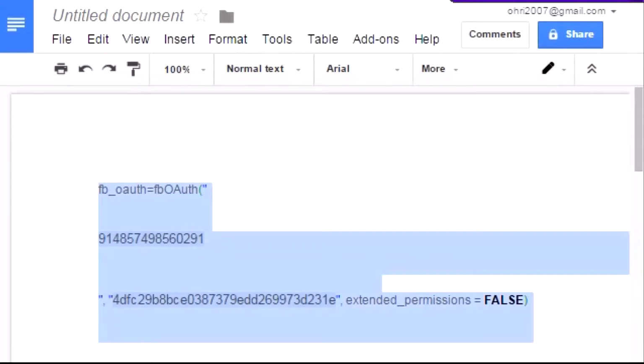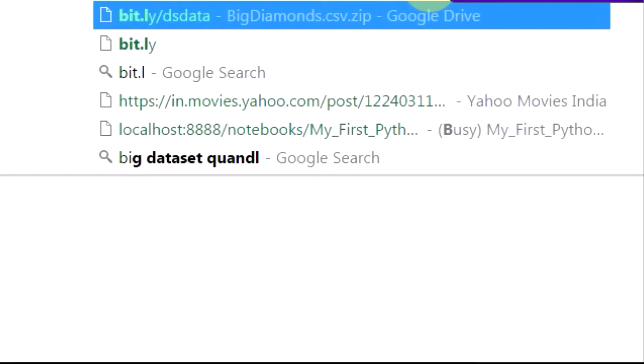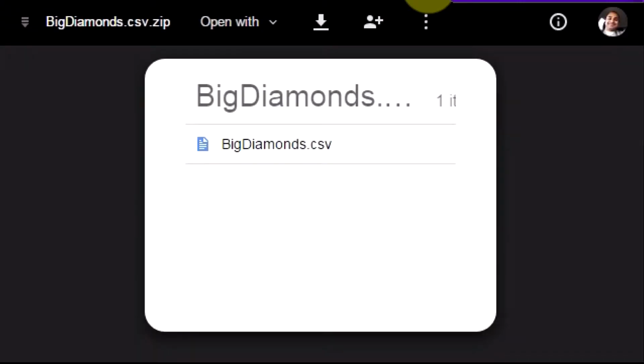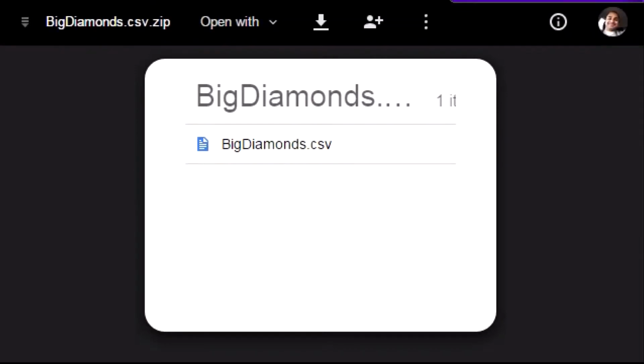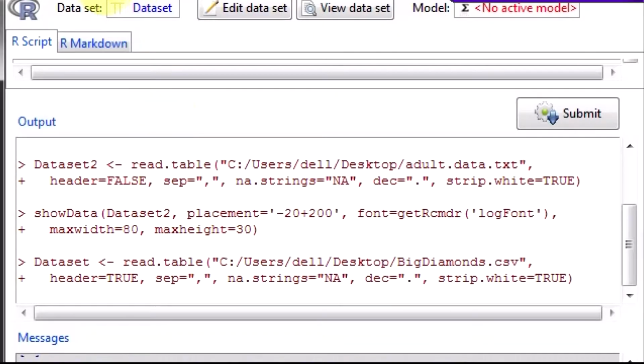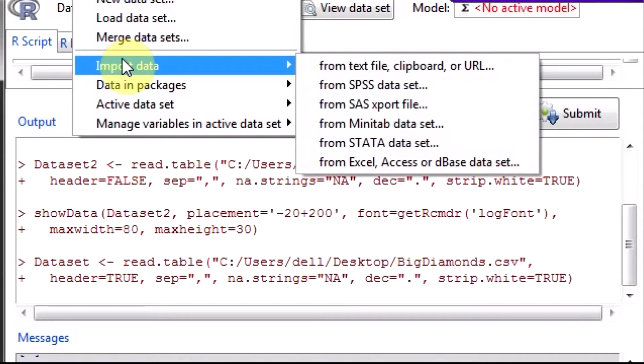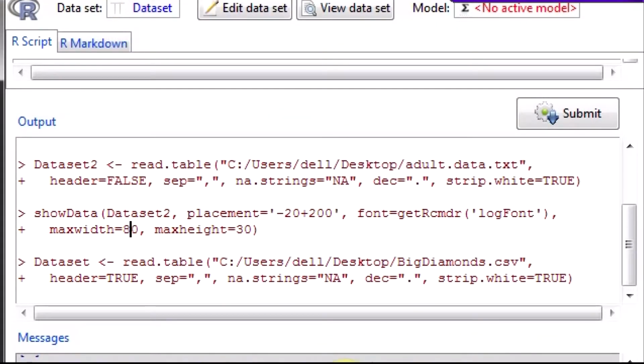I got this data from here, bit.ly/dsdata, in the data option. Download this locally, then load it using the data tab, import data. So you can see this has 598024 rows and 12 columns.